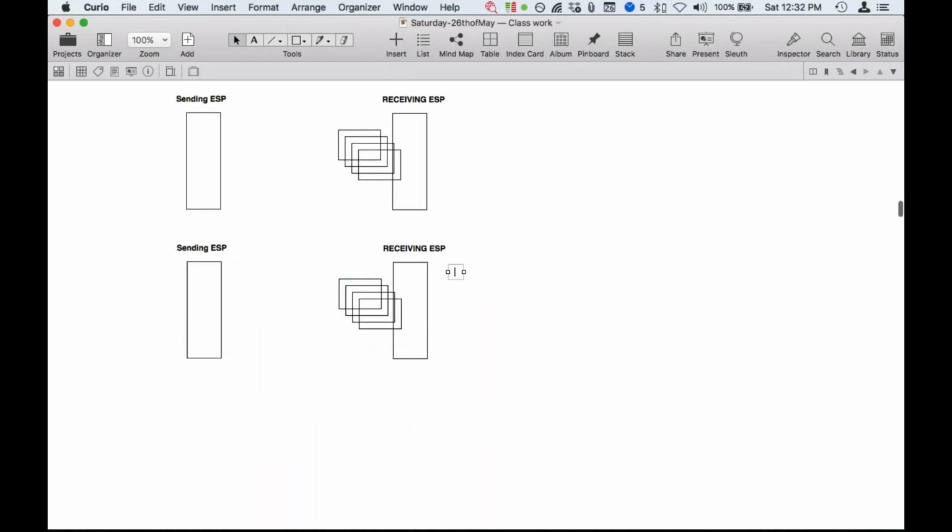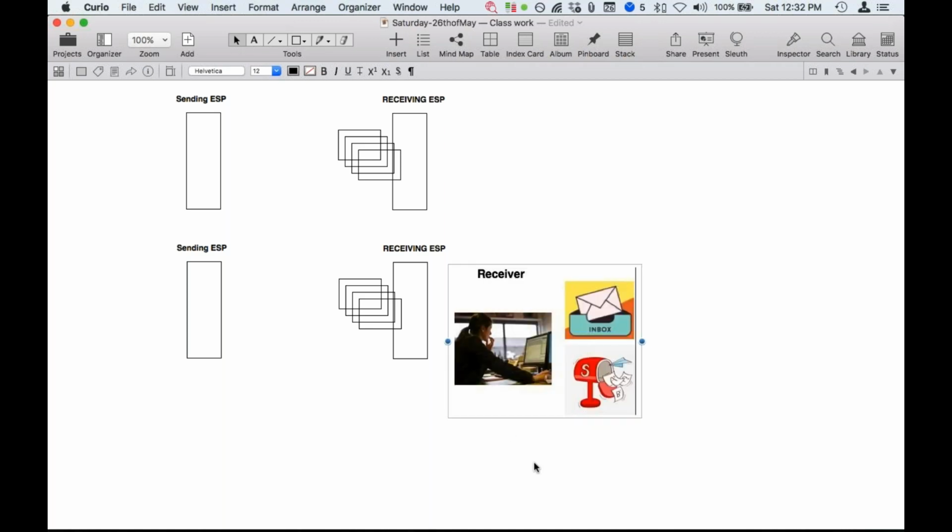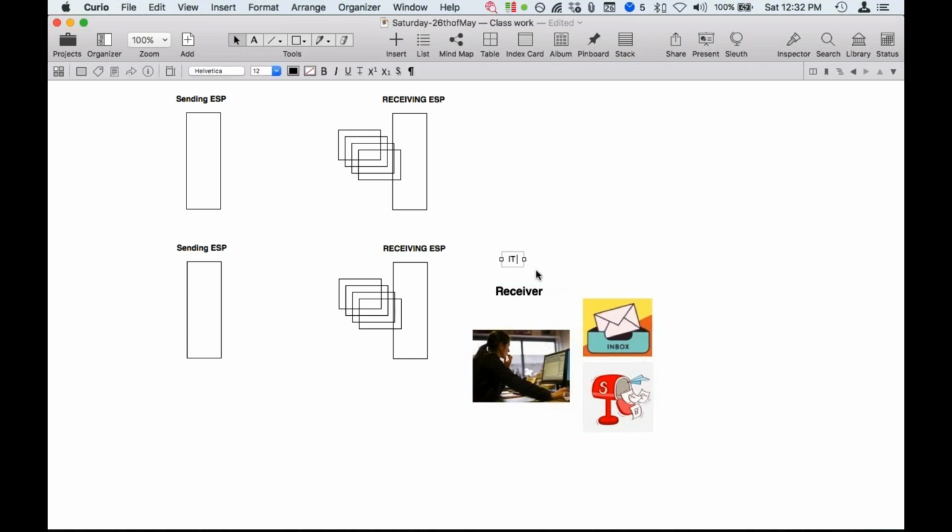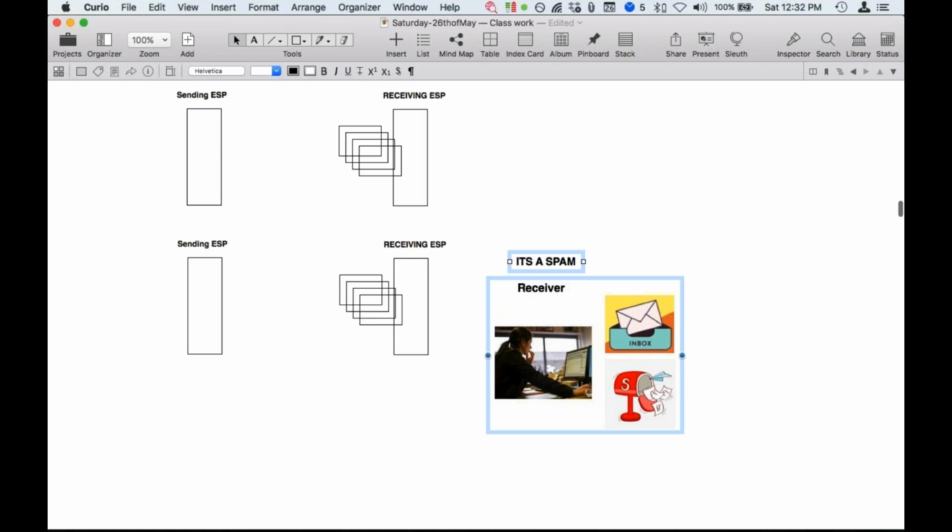Then what happened? Users, the recipients, the receiver, started calling out emails saying, it's a spam. It's a spam. And somebody had to hear them. The receiving ESP provider had to look at some of those emails and find out why these recipients were calling it spam. What is the reason? When they dug in, they found out that Windows operating system users could easily download a PDF document and execute a beautiful virus inside the system. And that email was a package with a PDF attachment sent to the